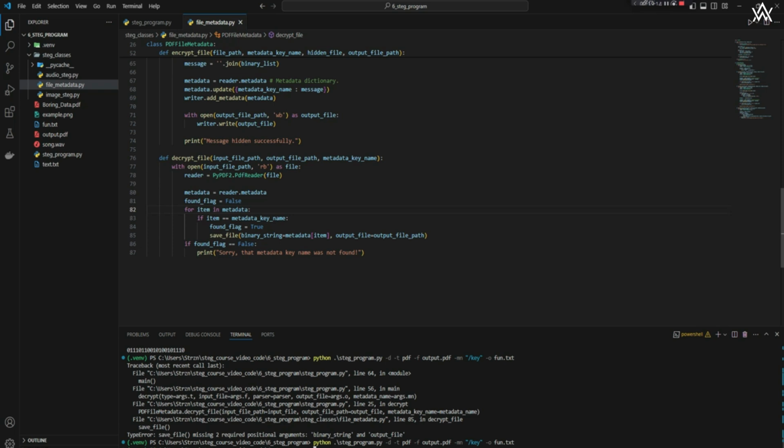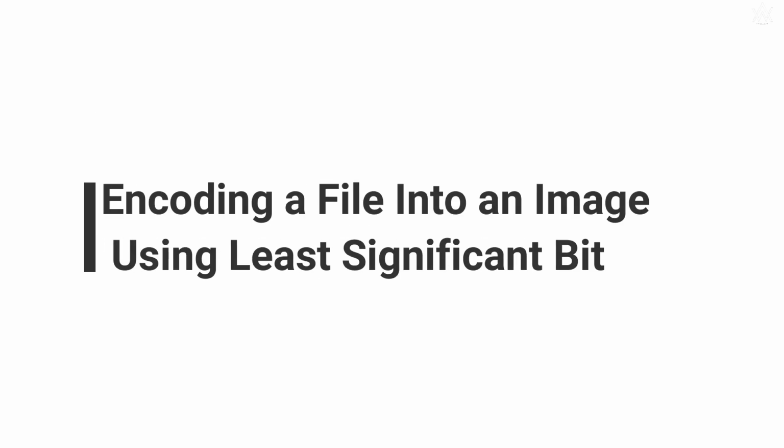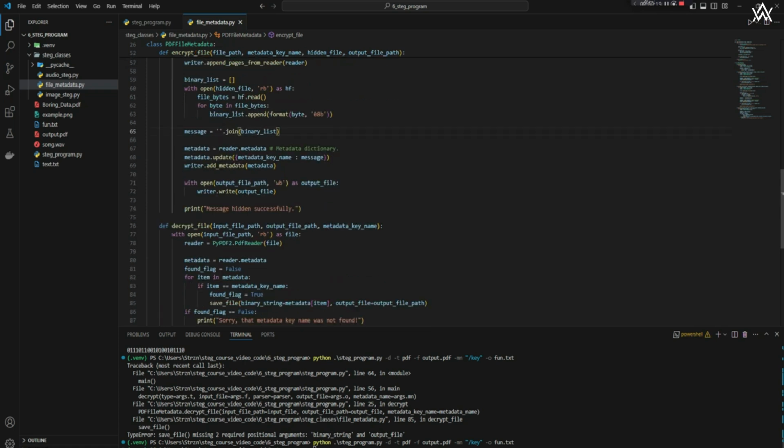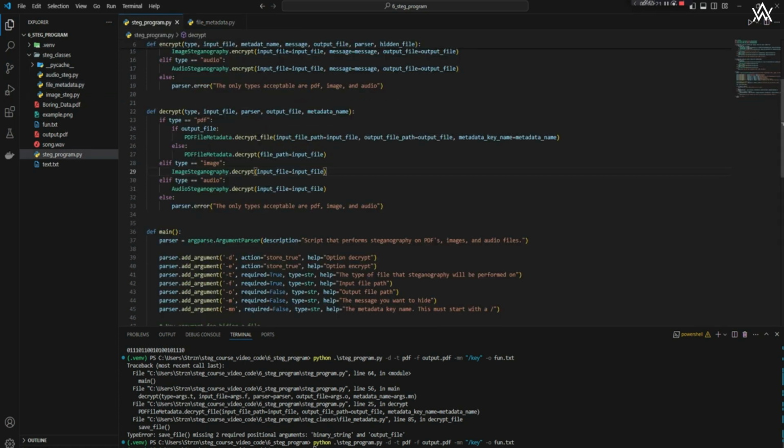And then you can also decrypt that and turn it back into the file that you want it to be and read it. We are going to actually be creating the algorithm to encrypt and decrypt the images, encrypt a file into the image using least significant bit and also decrypt it. So let's get started. The first thing we want to do, and by the way, this is going to be